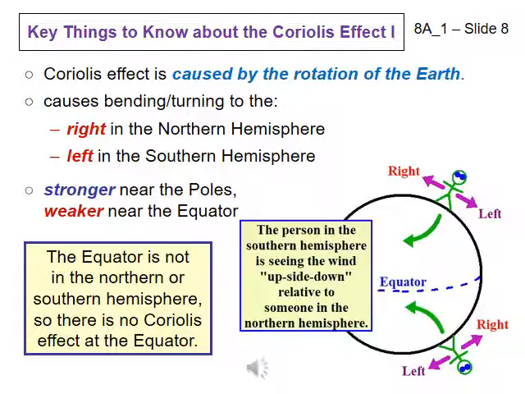You may wonder why winds, currents, and other things turn one way in one hemisphere and the other way in the other hemisphere. The short answer is they don't. As you can see from the picture on the slide, the winds, green arrows, in this example turn towards the west. They only appear to be doing something different in each hemisphere, because the person's right in the northern hemisphere is the other person's left in the southern hemisphere, since they are upside down relative to one another.